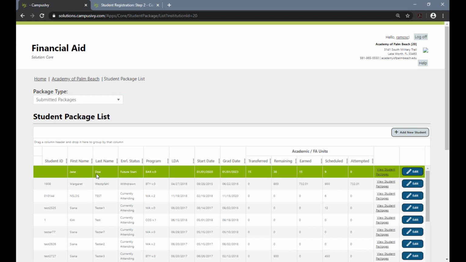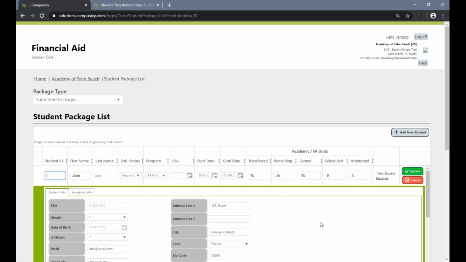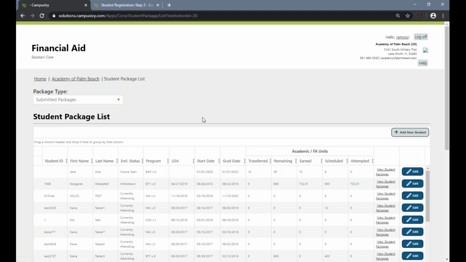And then you'll see at the very top is that enrollment that you validated here. Okay, and then again, you can always edit it here directly as well and make any changes that you need to make. Okay, and that concludes the training for student